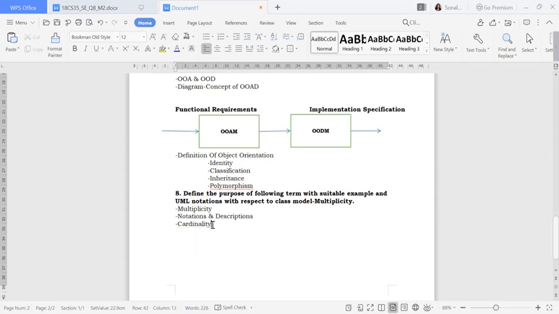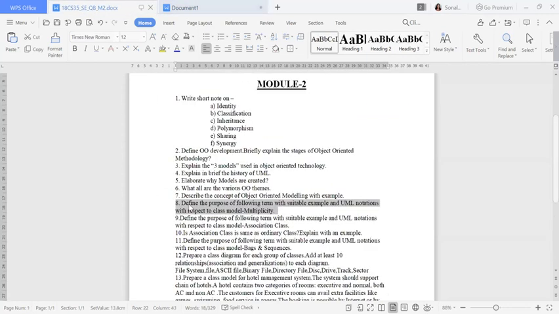Okay, so once that is done, as the question says, you need to do one example. In the example, I have already given an example where the teacher teaches a subject. Then you should write the teacher class diagram and the subject object diagram, right? So that example you can give here. If you don't know this example, you can follow my last class videos. There it will be there, all the examples. So this is all about your question number 8.